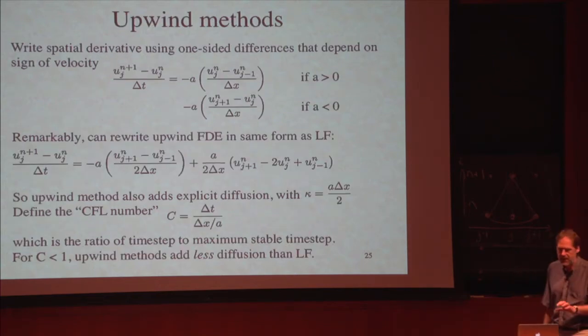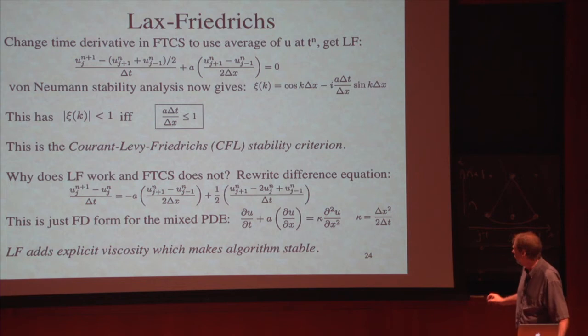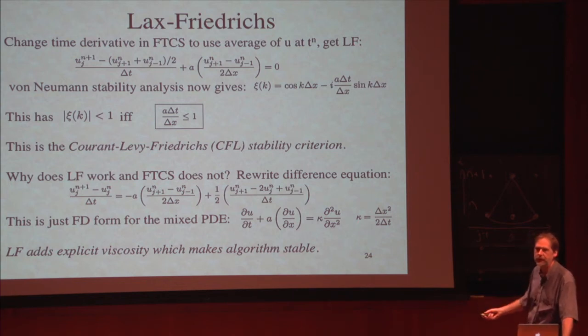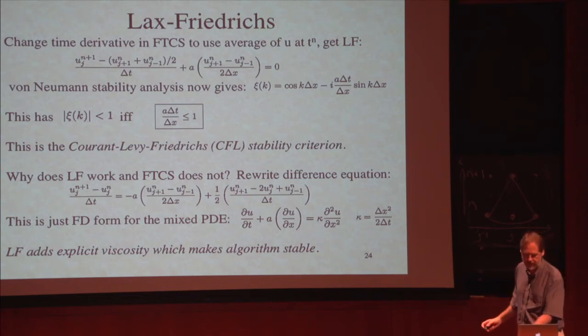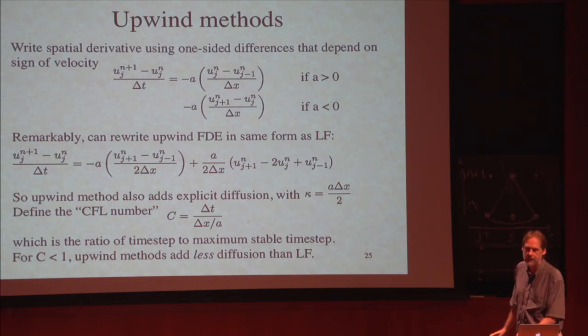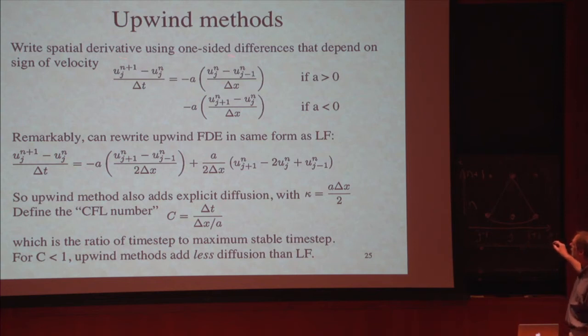I would never recommend using Lax-Friedrichs today because this diffusion is enormous, relatively speaking. And so it completely swamps the solution in any useful astrophysical application. So we can do much, much better than this nowadays, but it's at least a stable method. A better way to go is to use so-called upwind methods, where now we choose the spatial derivative using one-sided differences. So going back to this picture on the board here,